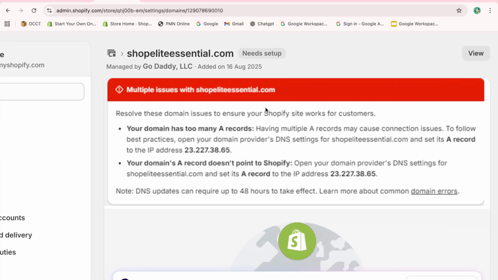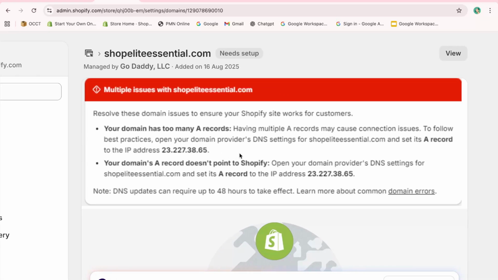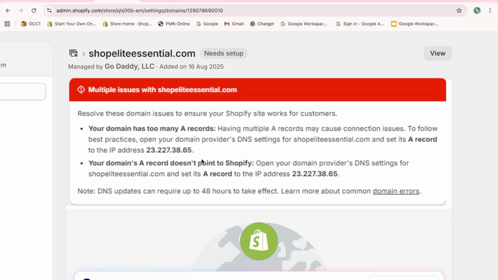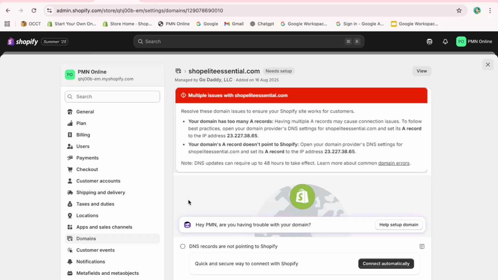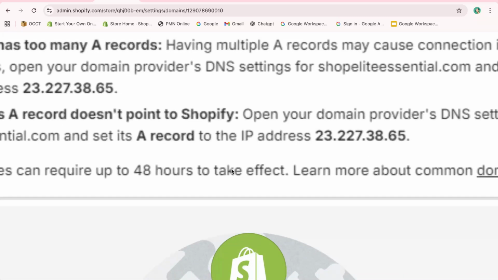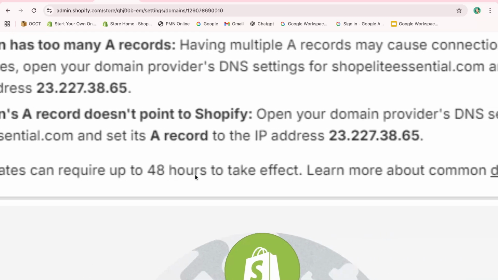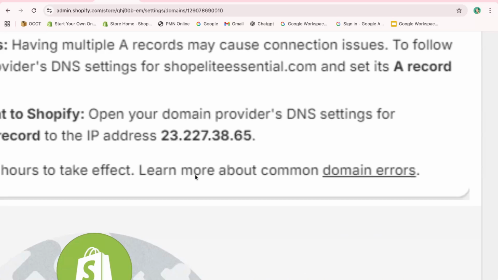If you still receive the error after making these changes, remember that it might take up to 48 hours for the errors to resolve automatically. Once the waiting period is over, your site should be visible to customers, and the error should not impact your